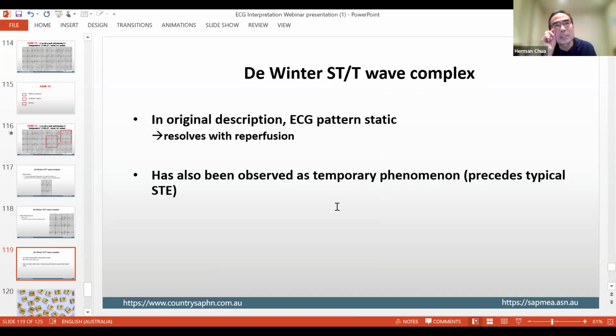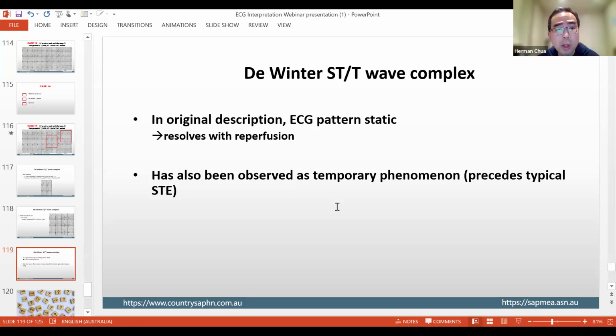Definitely, I've seen this in the context of De Winter's. You do it right now, and then you repeat it in 15 minutes, half an hour, and suddenly the segments elevate. So I've seen both of them. But you need to recognize this, because if it presents with just that hyperacute T wave with that ST depression, that is